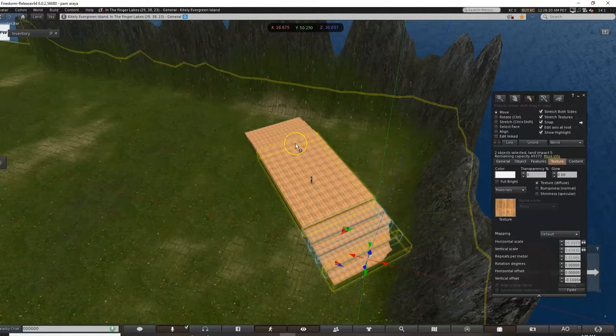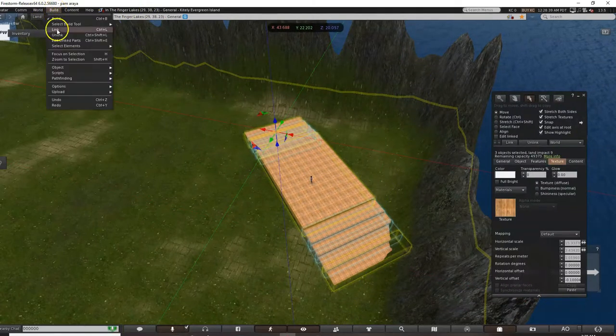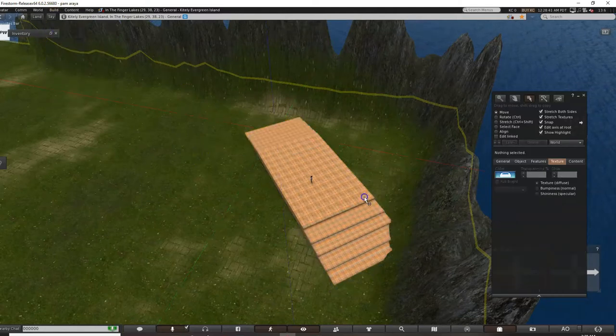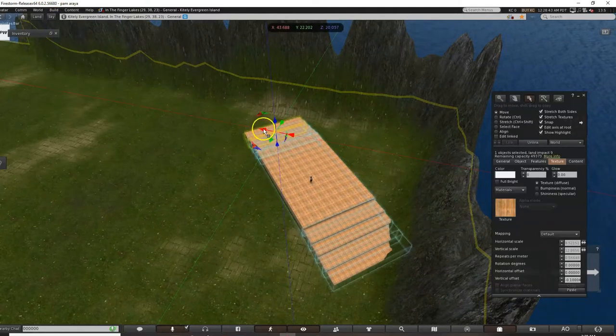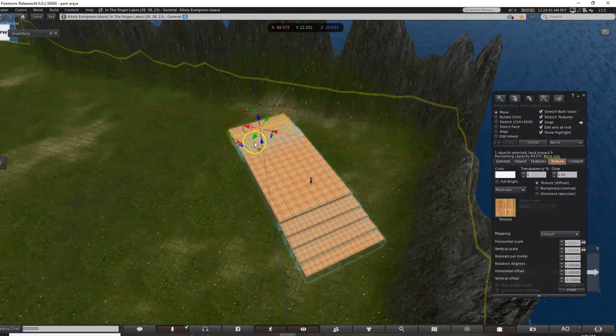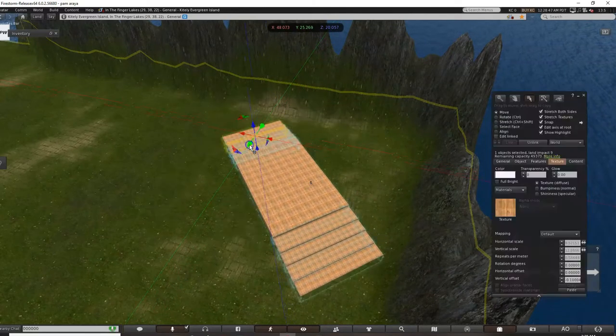There we go. Yeah, because it's all linked. So now I'm going to make the stage one piece, so then if I need to move it around, it's going to be much easier. Then when I select this, I only have one big piece to move around.